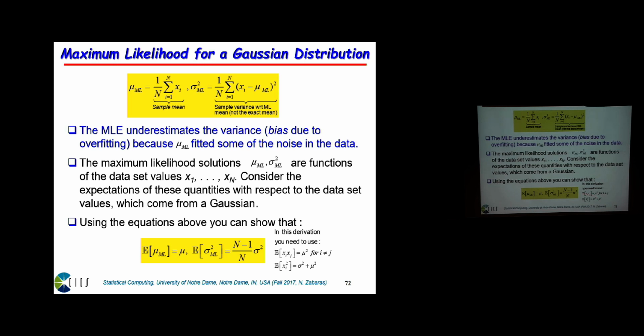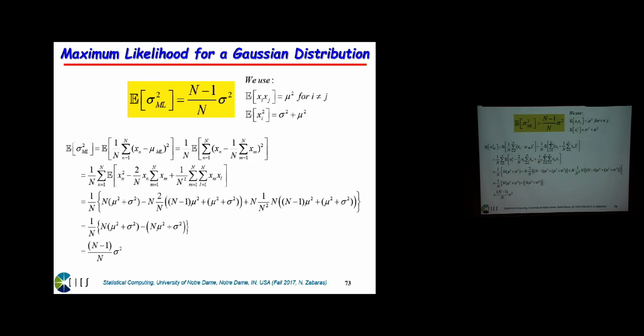I and j are independent, so E of xi xj is E of xi times E of xj, which is mu squared. And if i and j are the same, this is the second moment of xi, which is the variance plus the mean square. Okay? So when you expand those expressions and you take the mean, you come up that the mean of the MLE estimate for the mean is the exact mean. So this is an unbiased estimate, but you notice the variance is underestimated. This doesn't come up to be sigma squared, it's n minus 1 over n, but not a big deal if n goes to infinity or n is large, but theoretically speaking, it is not equal to sigma squared.